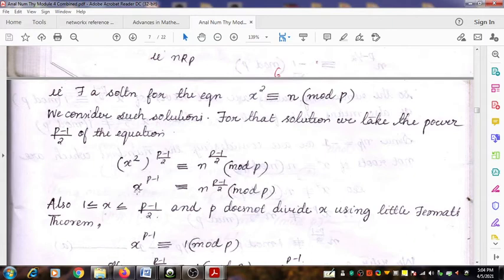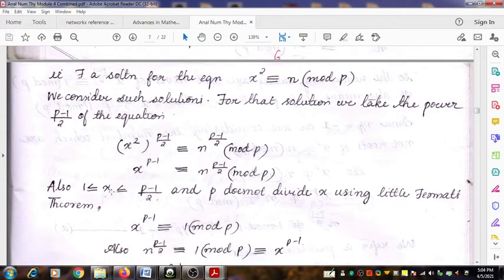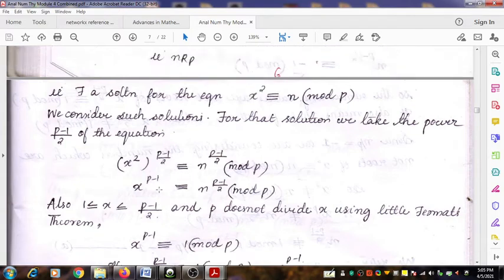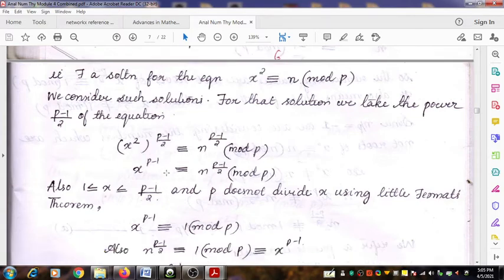Right? Then it belongs to the range 1 less than or equal to. Not only that, it belongs to that solution, then it can belong to the range of numbers 1 less than or equal to x less than or equal to p minus 1. That's correct. And so for those values of x, we know that since p is a prime number, for those values of x,